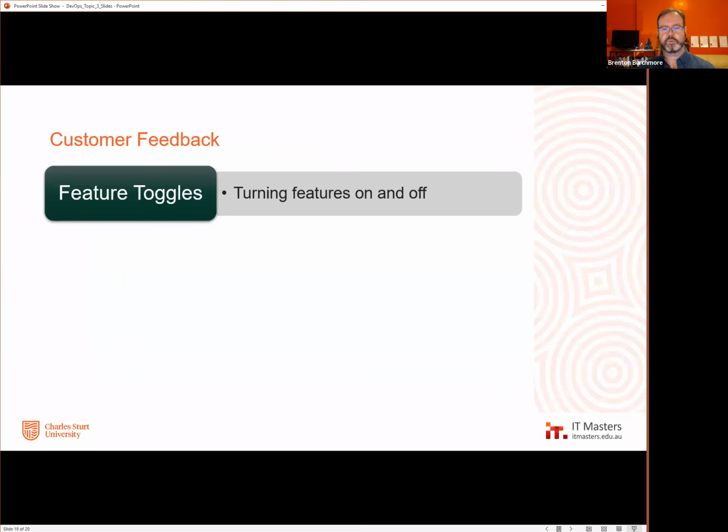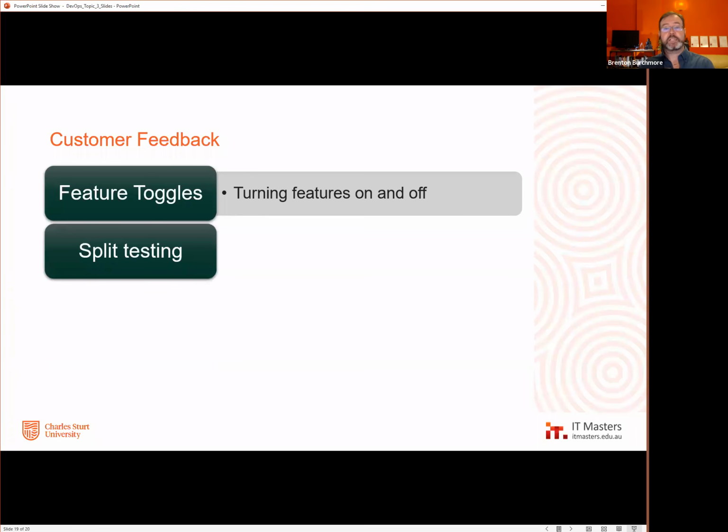You can have feature toggles. Now, one of the ways feature toggles work is that you put the code in, you integrate it, you send it out there, but you don't turn it on. You don't let people use it yet. Maybe the only people that are using this code is your testers. It may not be the devs, your favorite clients, or the handful of people that are out there who know about it, and they're using it. But then you turn it on to a few people, a few more people, and a few more people, so that you have effectively got a split testing environment.